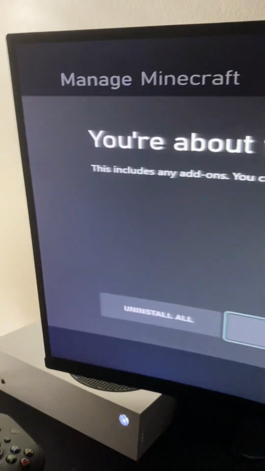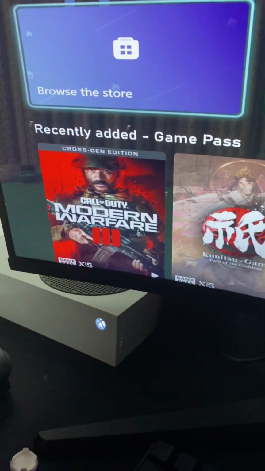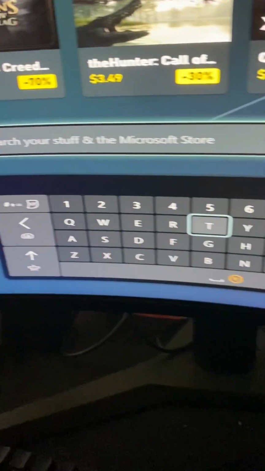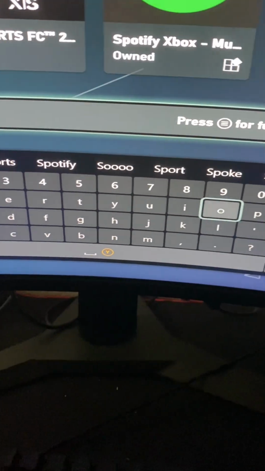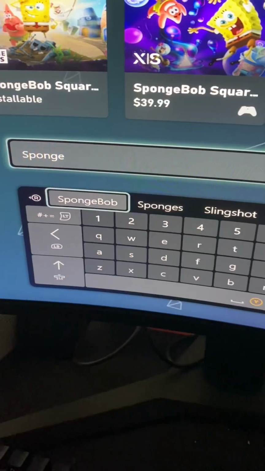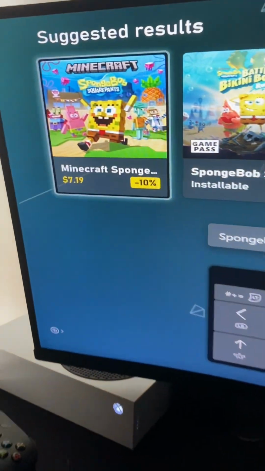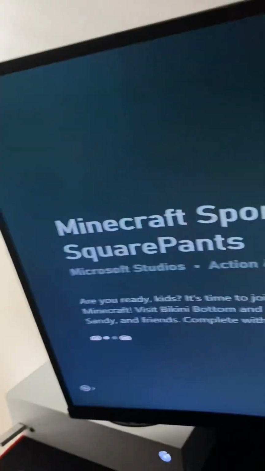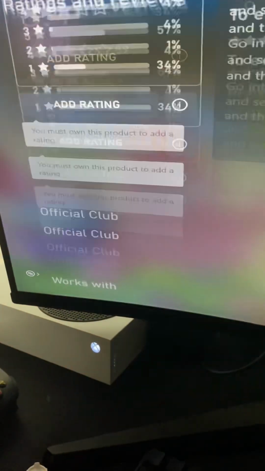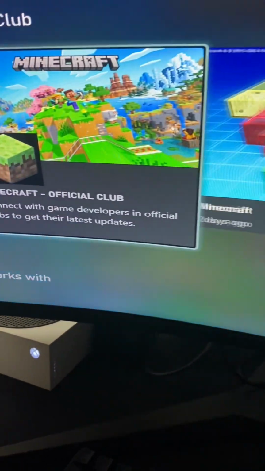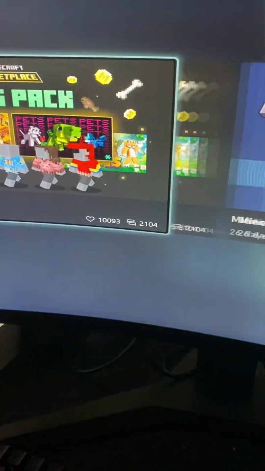But yeah, let's install this. Go to browse the store. You want to press search your stuff, search up SpongeBob. I know it's pretty weird. And then this is where there's the Minecraft SpongeBob right here. You want to head down, then you want to press on,